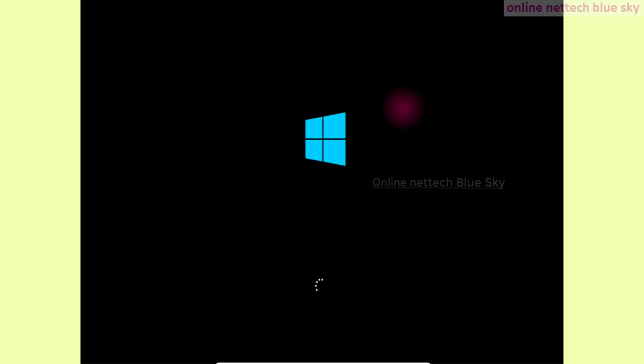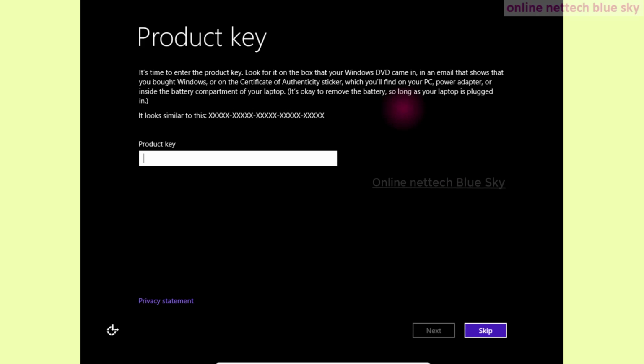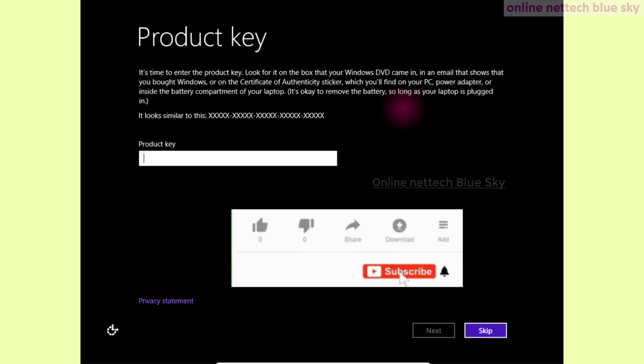First point: if you have already installed some old operating system, you must have some data, so take a backup of the data to another partition. Second, of the main partition, only leave one, and for other partitions you must change the name. And third, the most important part is BIOS menu configuration. Okay, I have already created a previous video on it.